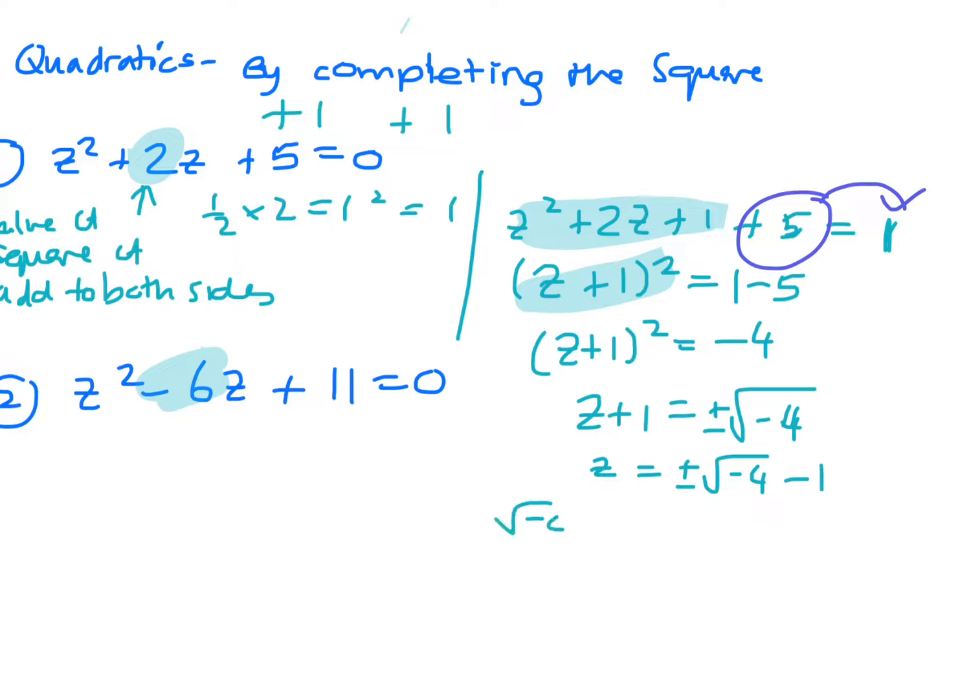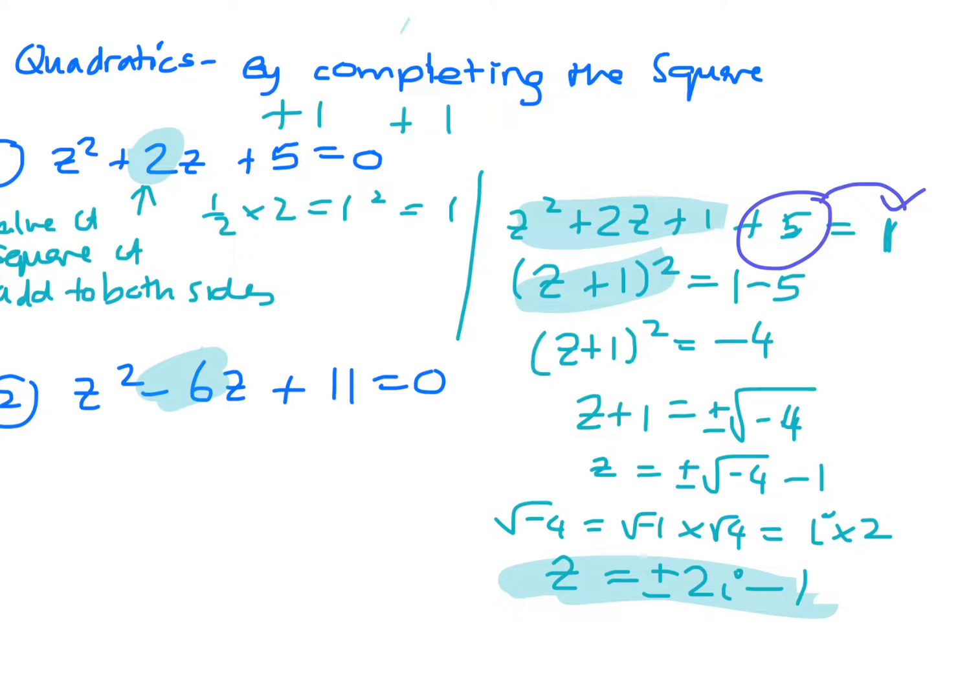Now what is root minus 4? Well, it's root minus 1 times root 4, which is i times 2, or 2i. So that means z is plus or minus 2i minus 1. And that would be your answer. Okay, so looking at the next one here,